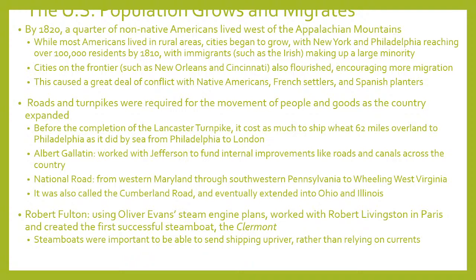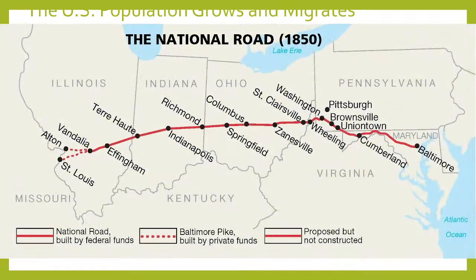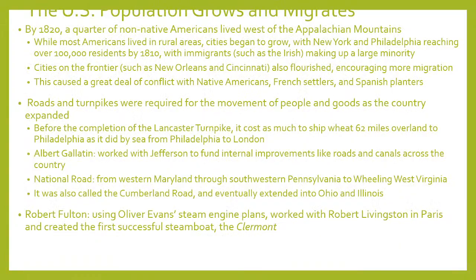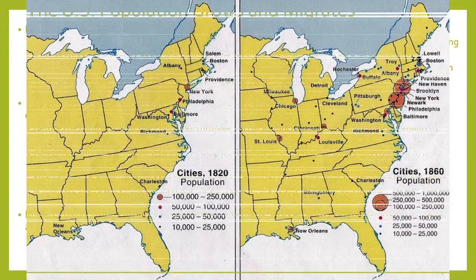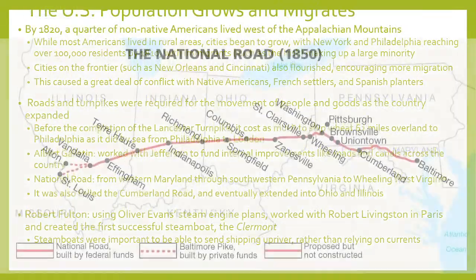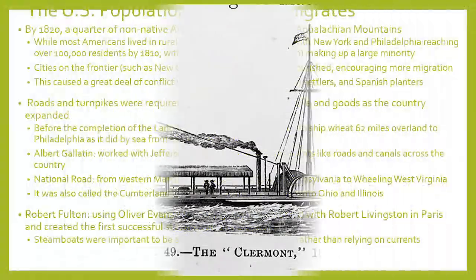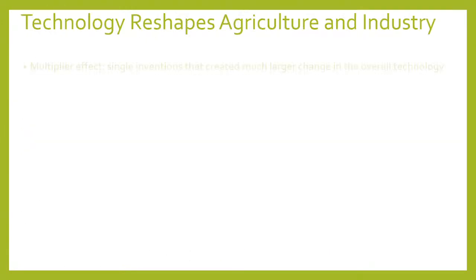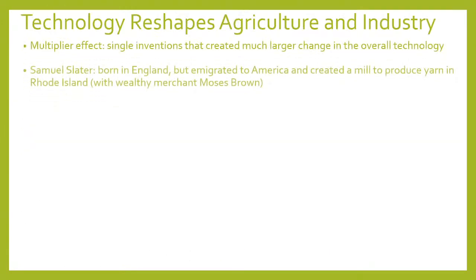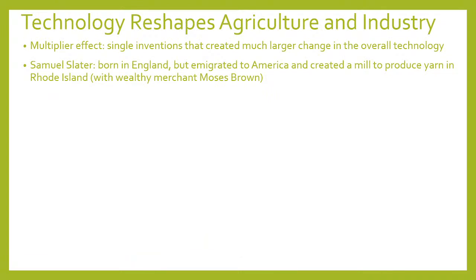So we ended here. Population moving, roads and turnpikes, Gallatin, steamboat, etc., etc. We did all that. Yeah, the cities, the roads some more, steamboat, etc. Okay,